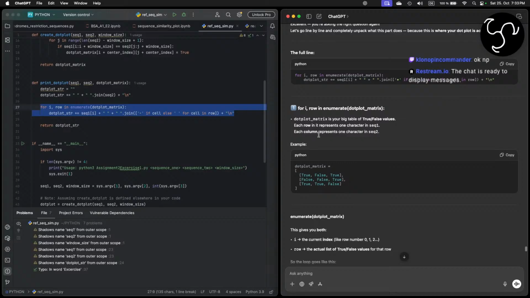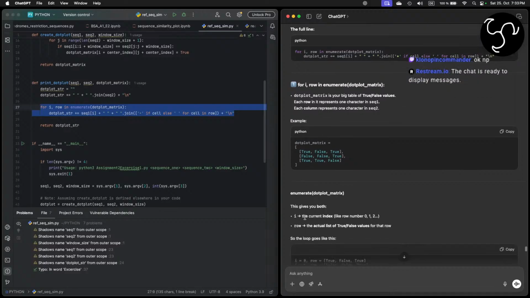Each row in it represents one character in sequence 1. Each column represents one character in sequence 2. And enumerate dot plot matrix gives you both the current index, like row numbers, and the actual list of